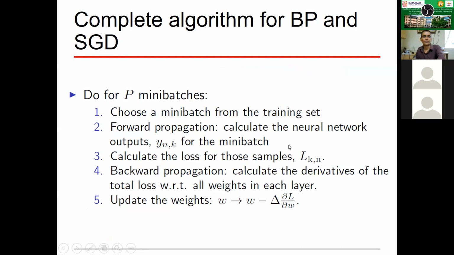Do forward propagation, which is done by the training algorithm, based on the existing labels, and then we compute capital L. Then we'll do back propagation, where we'll compute the derivative with respect to each weight, and then we update the weights. And this is one epoch.